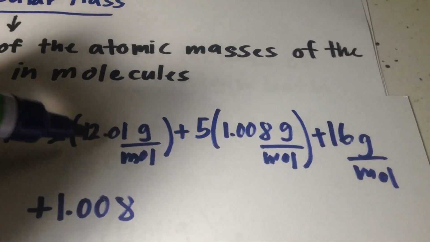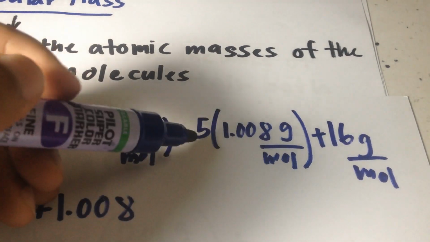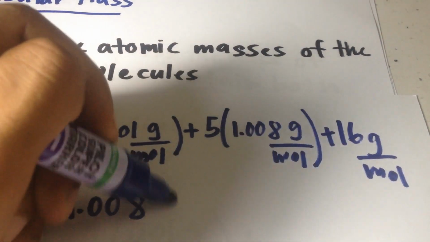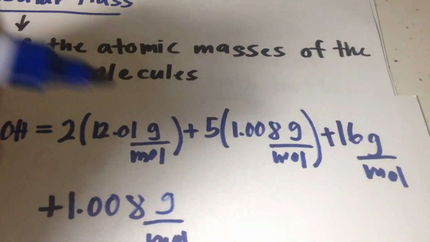So 2 times 12.01 plus 5 times 1.008 plus 16 plus 1.008 grams per mole